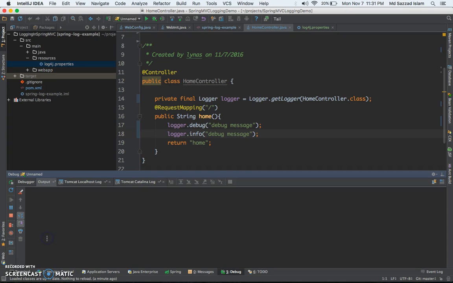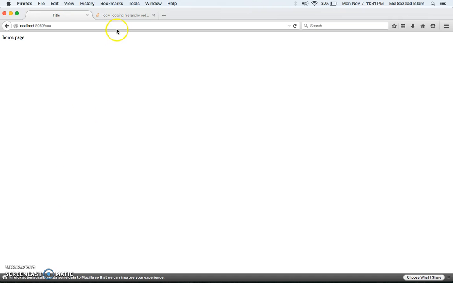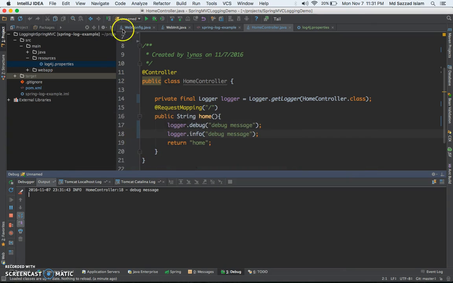Nothing is printing. That's odd. Let's go to the browser. Oh, I added the wrong URL. It should be this. And if I go to the browser and IntelliJ, we see the debug message. I should have changed the message over here. Let's just put info message